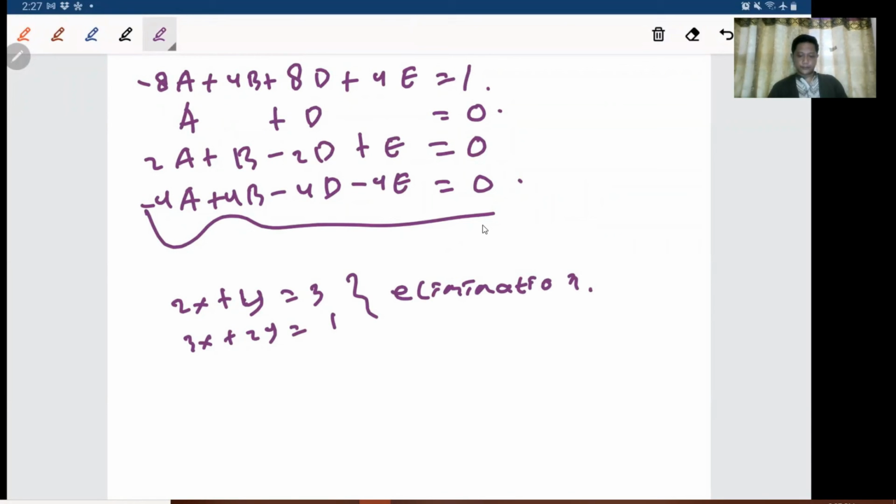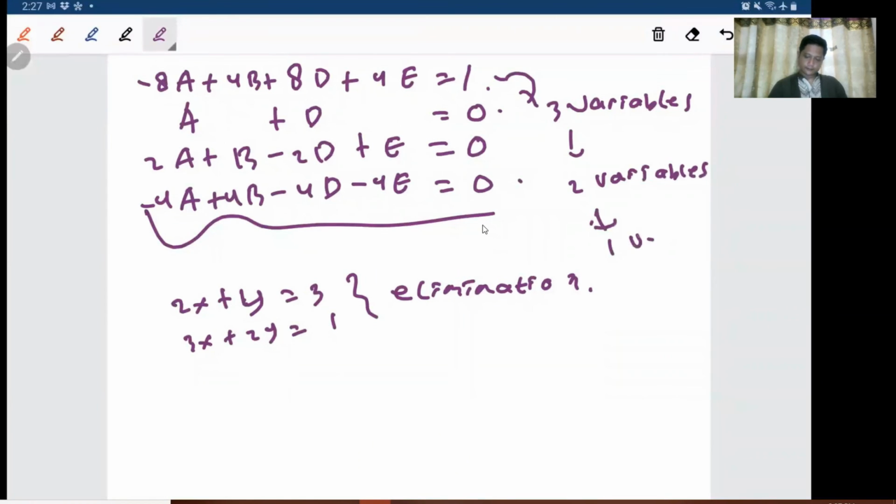So the first thing you have is this one, and you reduce to 3 variables. And then reduce again to 2 variables. And then only 1. I think I don't have to demonstrate how to eliminate everything. It's the same thing, same idea, same technique.